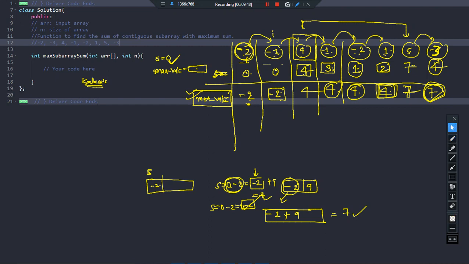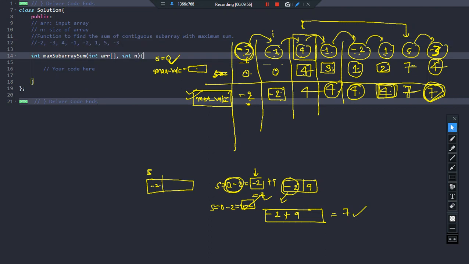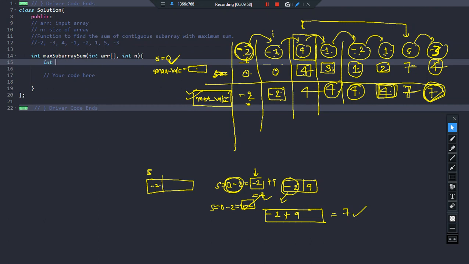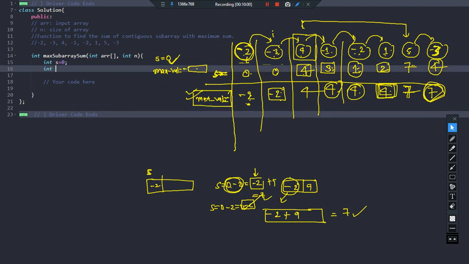Getting the point? How do we code this particular problem statement? So basically let me just erase this thing. Whatever we discussed, we'll just try to code it. We just kept track of two things. First of all, a value s equal to 0, and max sum. This will keep track of the maximum sum, but we know that we should initialize it to minimum value first. Generally we do this, isn't it? Whenever we want to find the maximum of something, we first initialize the variable to the minimum thing, so integer minimum.